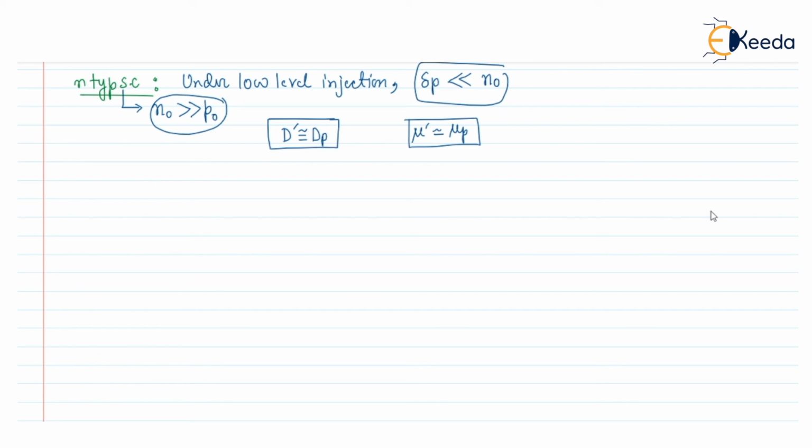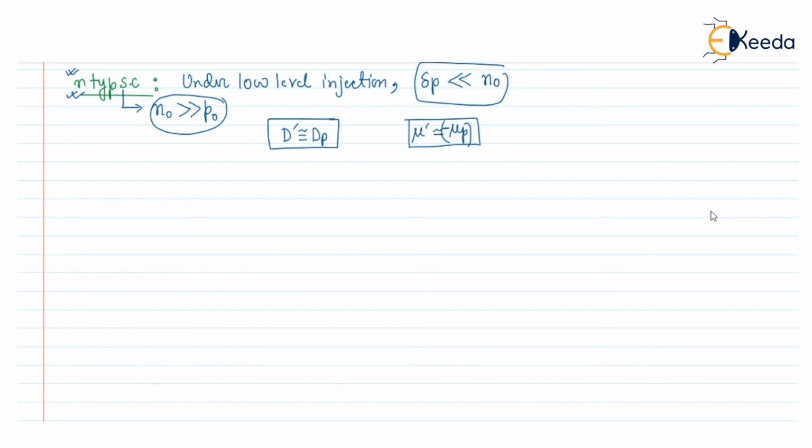But here this mu dash value will have a minus sign for the n-type semiconductor. This is the difference. In the p-type, D dash was dn and mu dash was mu n, but for the n-type semiconductor it will be dp and minus mu p,